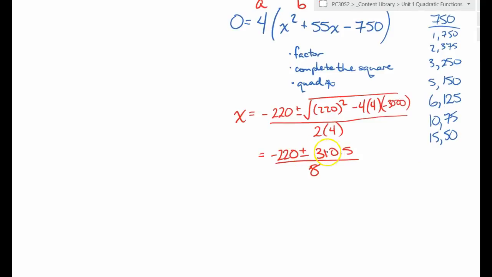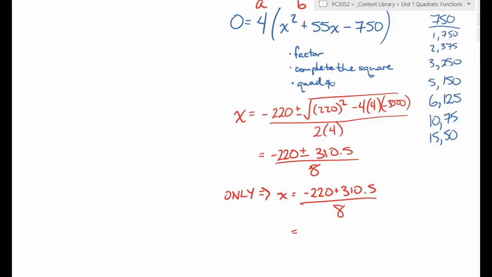So I'm automatically going to take out one of our options so that we're only looking at x being negative 220 plus 310.5 divided by 8, because that is the one that's going to give me a positive value, which would make sense in this context. So I'm going to do that on my calculator,